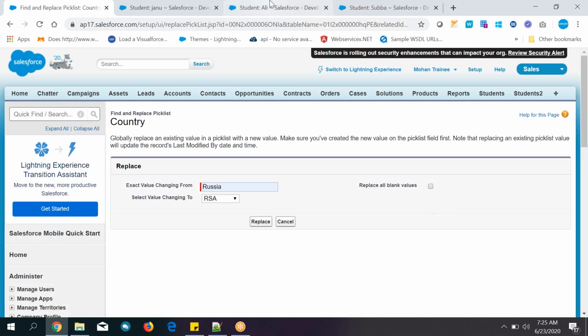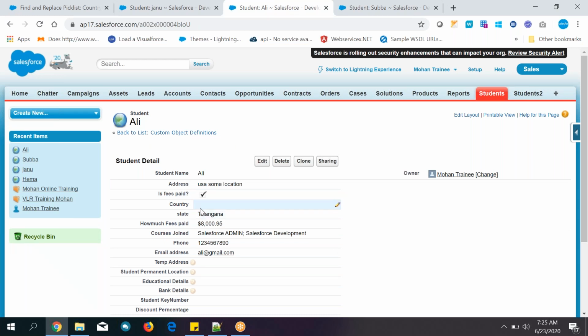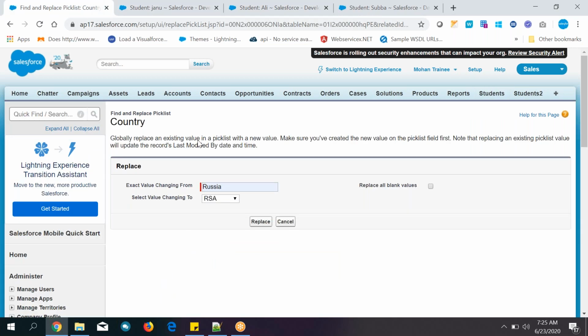If you select this checkbox, what will happen? In this place also RSA will be added. That is the meaning of that one. Okay. So we don't want like that. We want wherever Russia is there, just in that place RSA should be occupied.